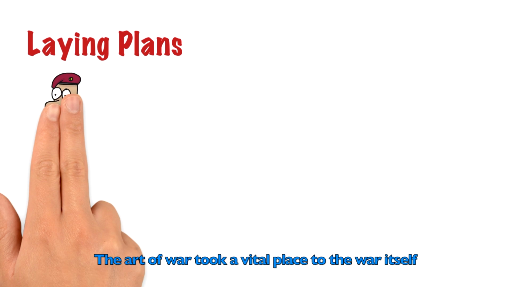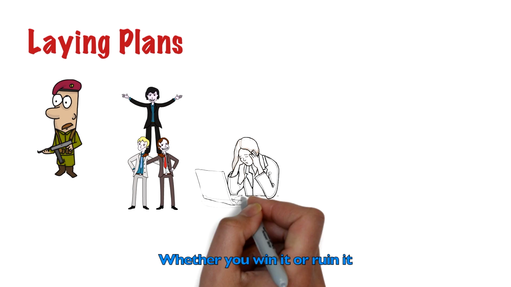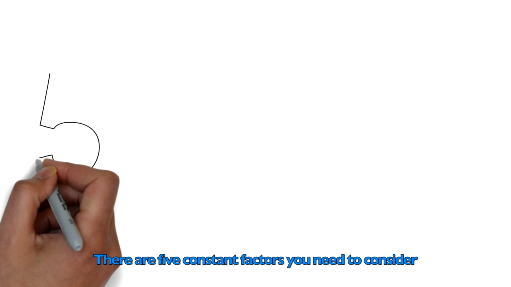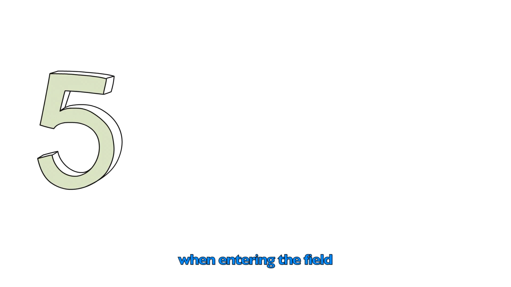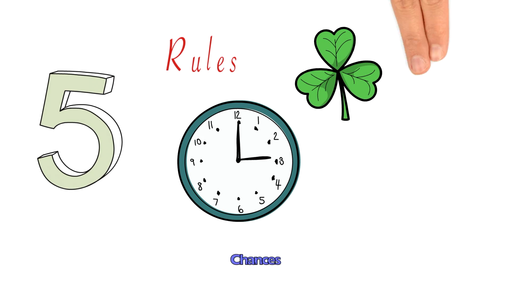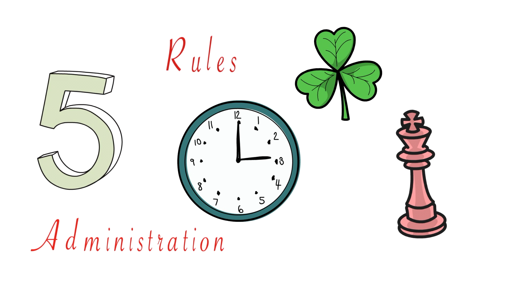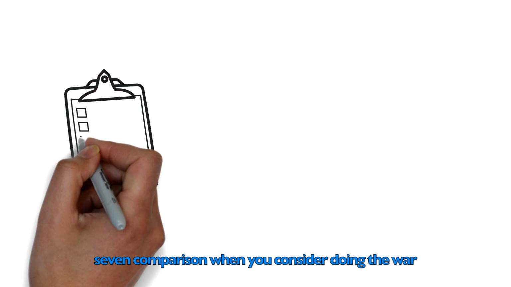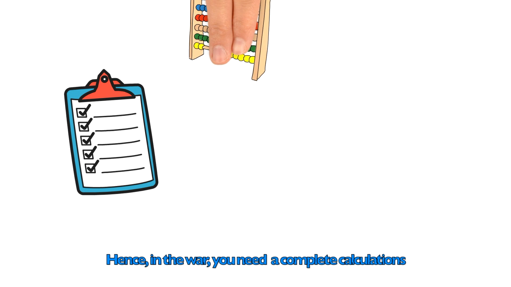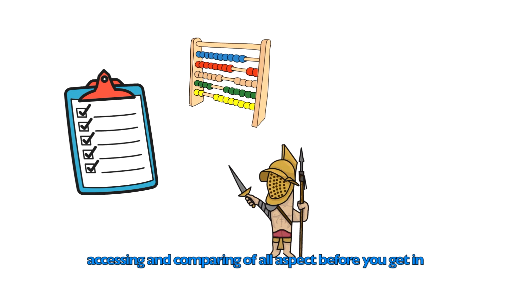Laying plans. The art of war takes a vital place in war itself, whether you win it or ruin it. There are 5 constant factors you need to consider when entering the field: the rules, times, chances, leadership, and administration. And 7 comparisons when you consider doing the work. Hence, in a war, you need a complete calculation, assessing and comparing all aspects before you get in,